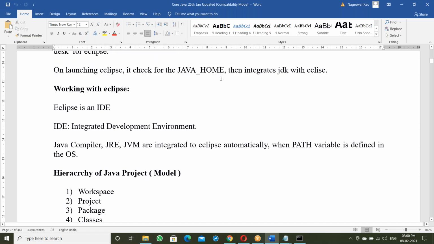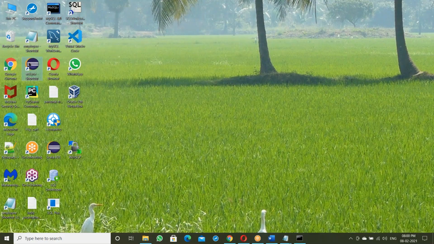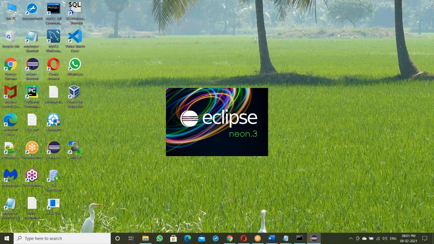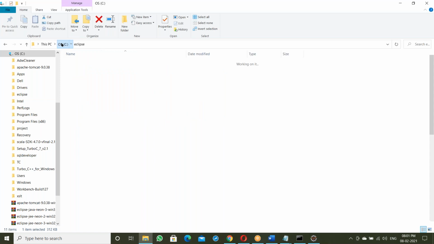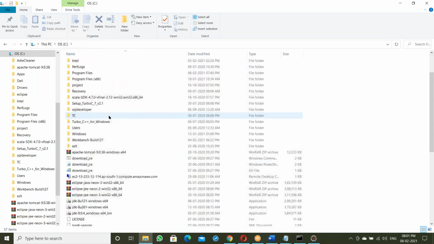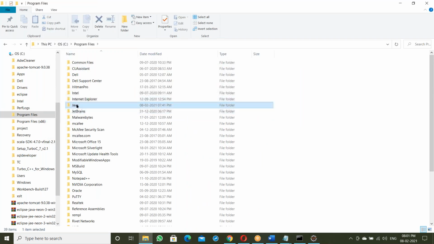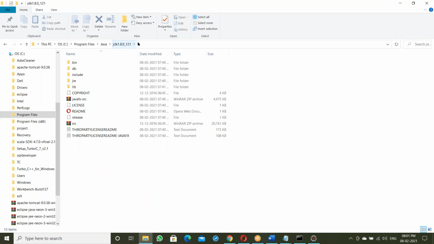Now let us launch Eclipse. I'm launching Eclipse here; double click on this. At the time of launching, Eclipse is looking for the JAVA_HOME variable. In the system, JAVA_HOME equals this one, right? This is JAVA_HOME, C drive, Program Files, Java. So this is the JAVA_HOME value. So Eclipse will identify